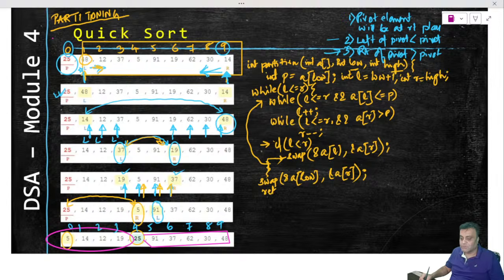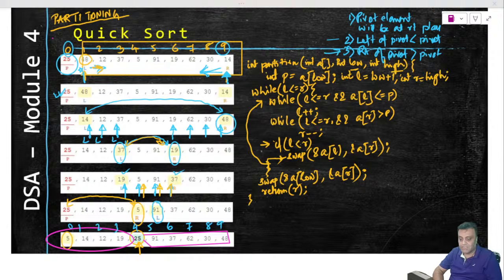I told you this function is supposed to return the index of R. The index of R means wherever R is at that point in time, it will return R, and that is the point of the pivot, right? So that is this. This is the point I'm talking about, that this is my R. So this point I will return so that whoever is next will know this is the next subarray and this is the next subarray where the work needs to be done. So with that, this function comes to an end, which is my partition function, right?